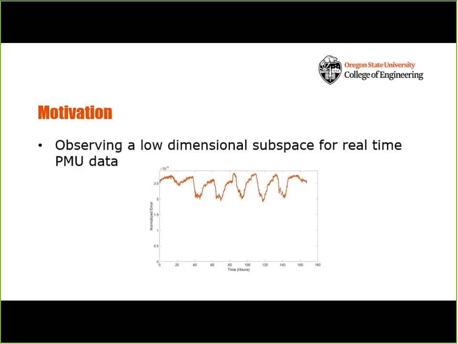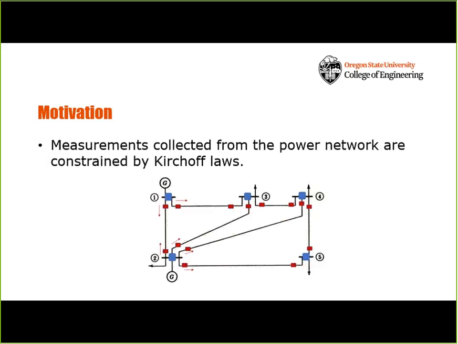So as this figure shows, what we observed was that this low-dimensional subspace was pretty time invariant, which means that the normalized approximation error, that is the difference of the data set with the projection of that data set onto the predetermined subspace, was quite small. We were thinking about why or how this almost time invariant low-dimensional subspace could exist.